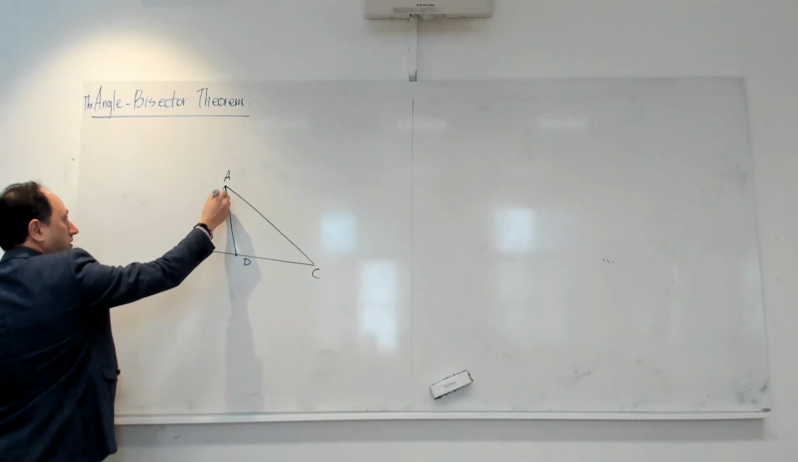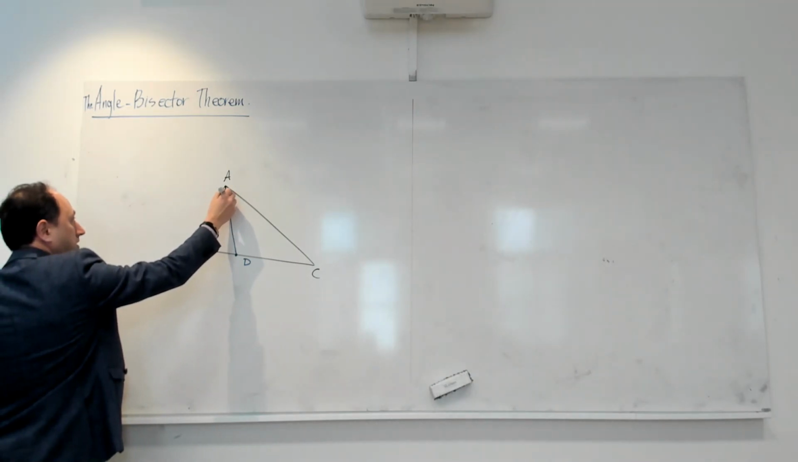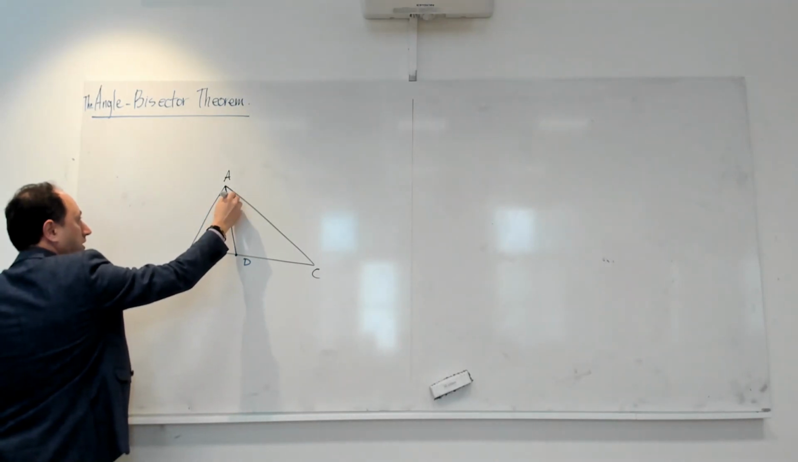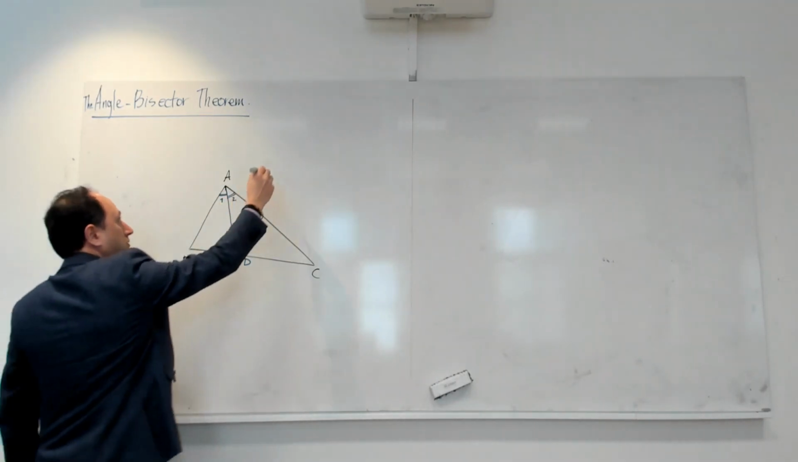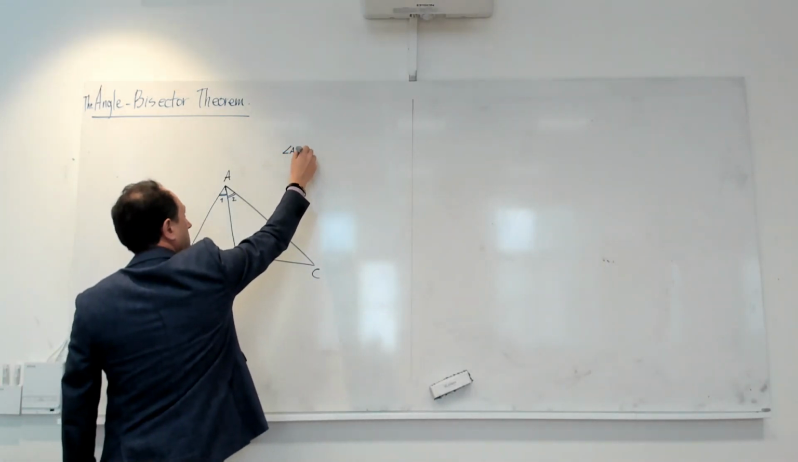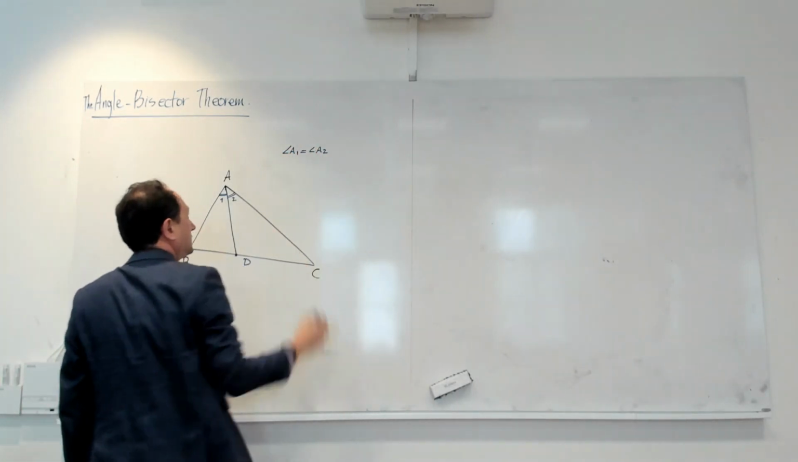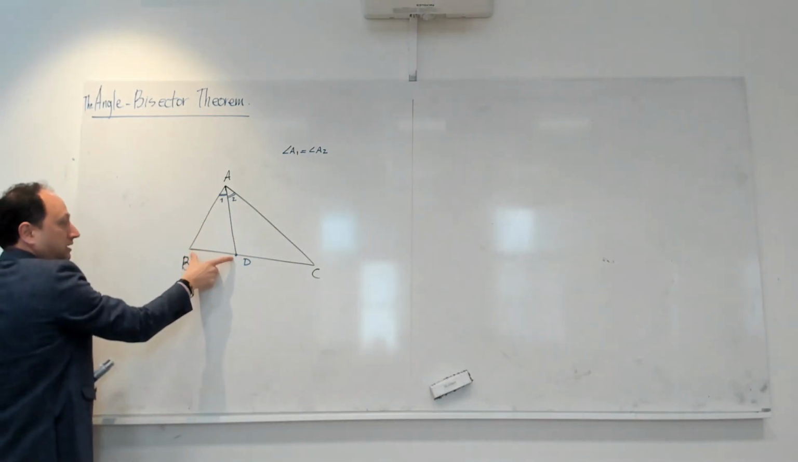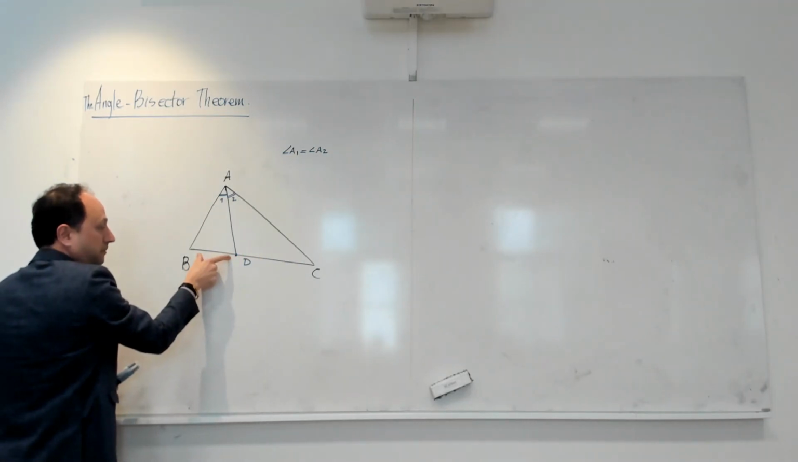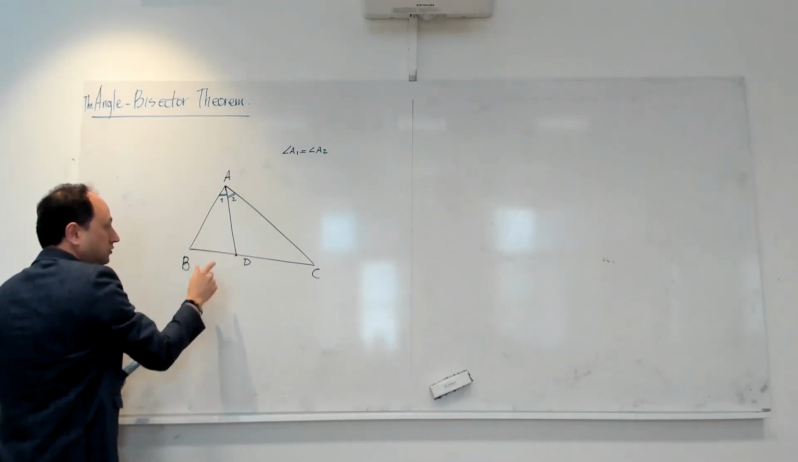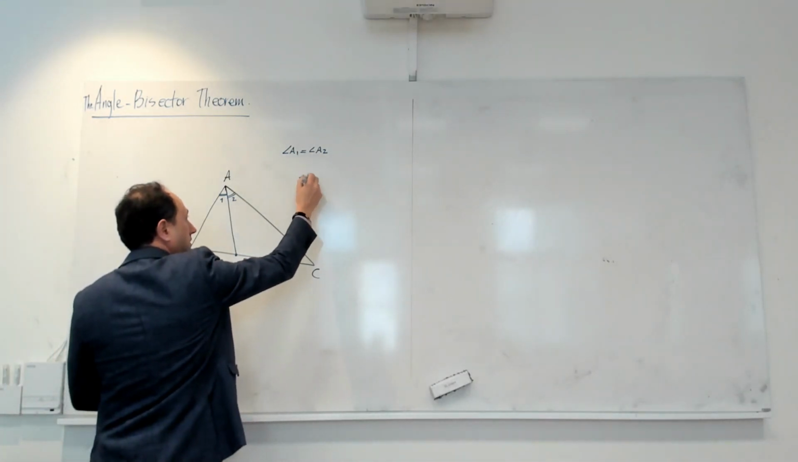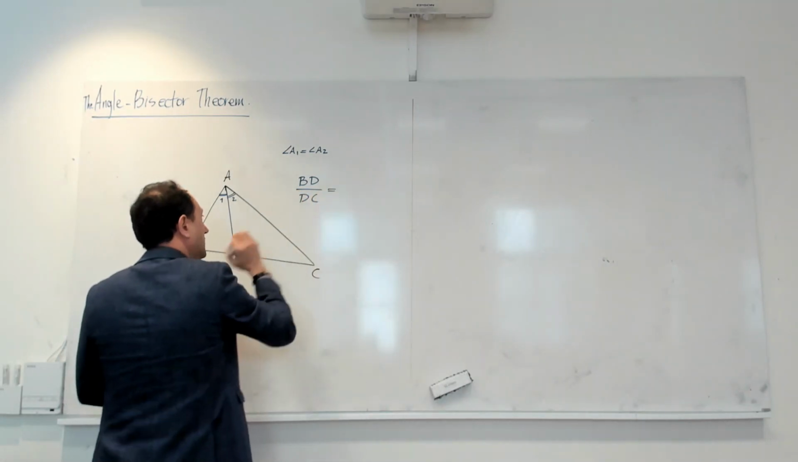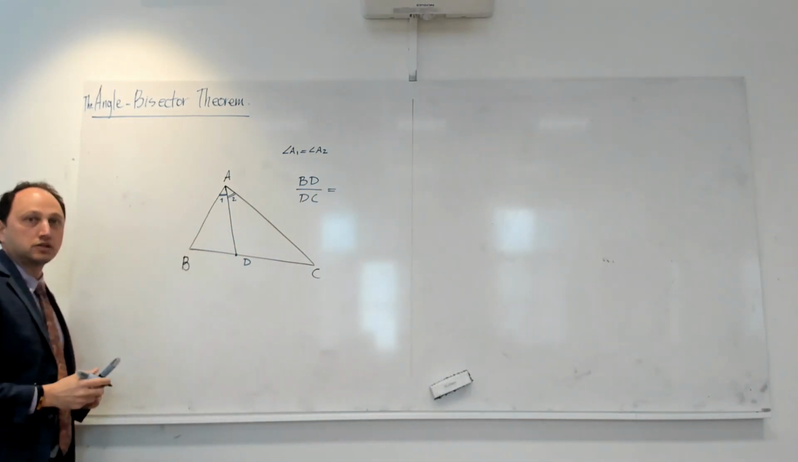So let me write. This angle is equal to that angle. Let me call this one A1, let me call this one A2. So my assumption is that A1 is equal to A2. Okay, then we want to show that when this line goes and intersects this line at D, the ratio of BD over BC